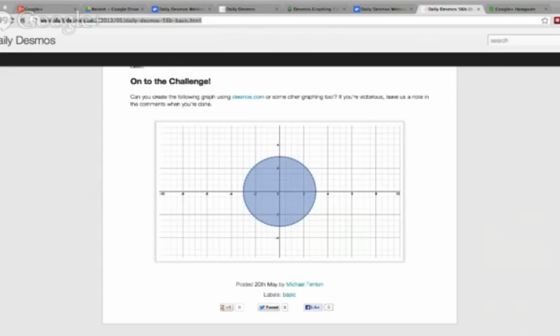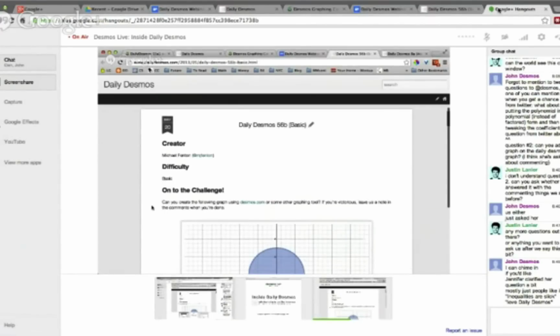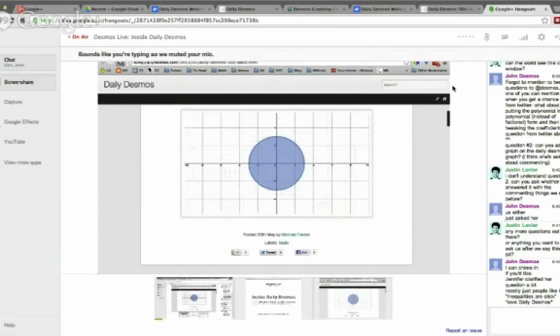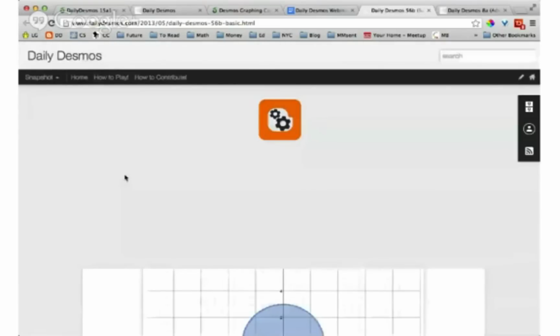So let me pull up this link. One day we got a ton of hits on Daily Desmos, and we were like, "What is going on?" We did some sniffing around, because we were getting all of these comments. Are they showing up? Refresh. We were getting all of these comments sort of all in a burst,